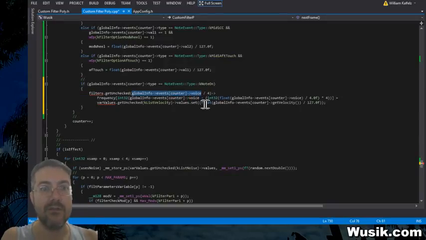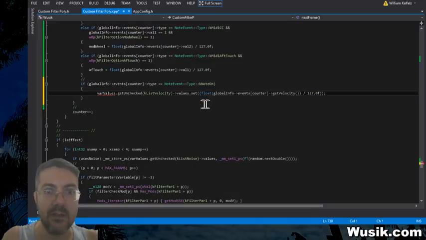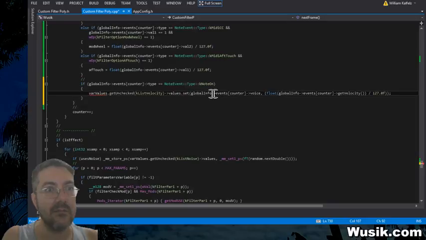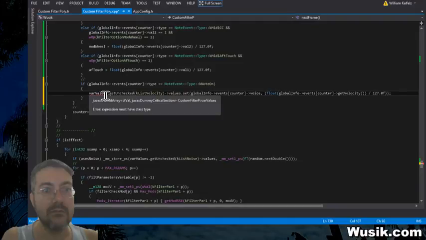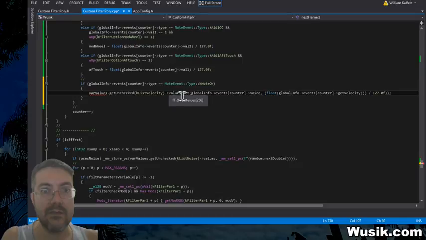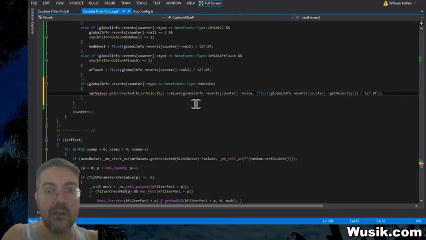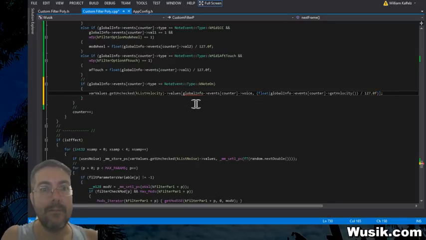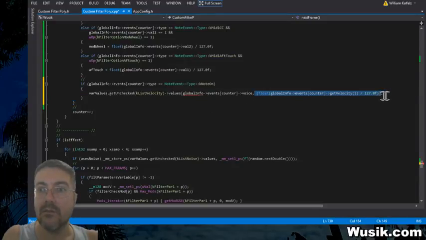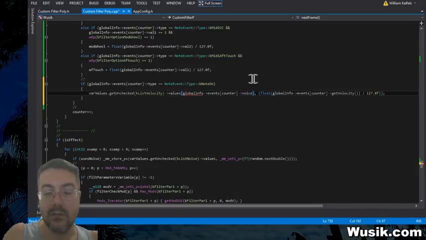Well, actually, I can use voice direct now that I remember, because the values are not processed in block. Check it. Values. Equals